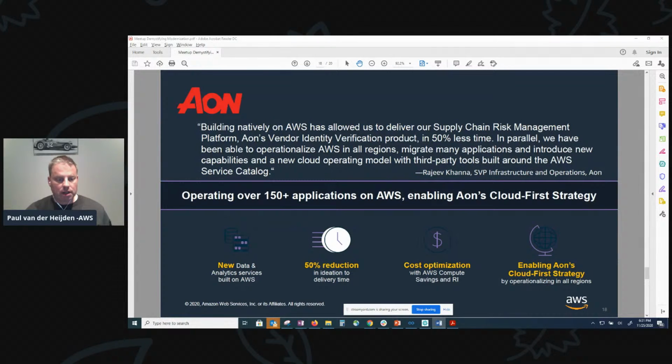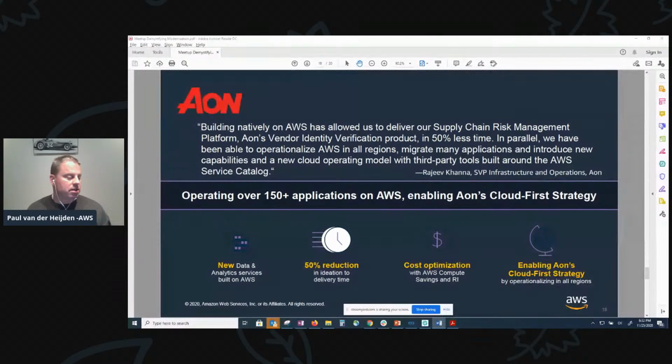Last but not least, an interesting case from Aon. That is an insurance company, actually a major international reinsurer, and they're well on their journey to a hybrid model of on-cloud and on-premise applications. 3 years in, they have migrated hundreds of applications to AWS, and they have a cloud-first strategy.